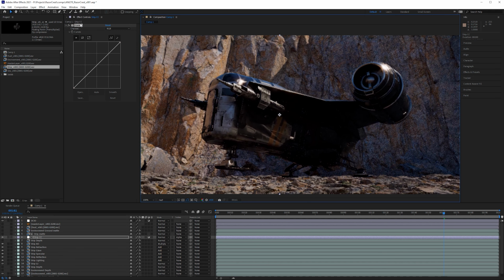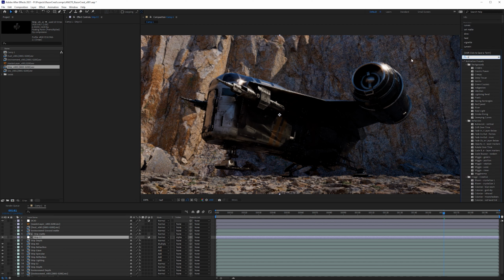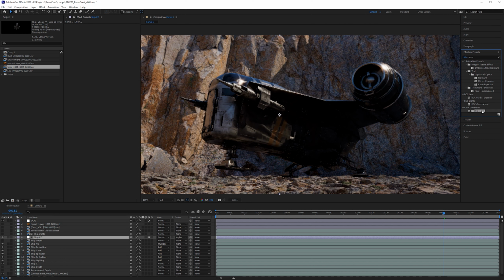Instead, I didn't actually want to use the curves there at all. I wanted to show you another effect that we could start using, which is the exposure. Now, exposure tends to work better if we're using the entire ship at once and not just individual layers, but we could also do it on the entire plate. This is the entire thing if we wanted to. But curves is great and you can do more or less the same types of things, but exposure works much more like a camera does.